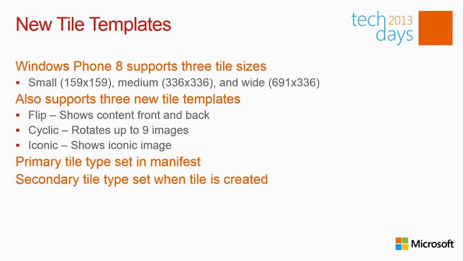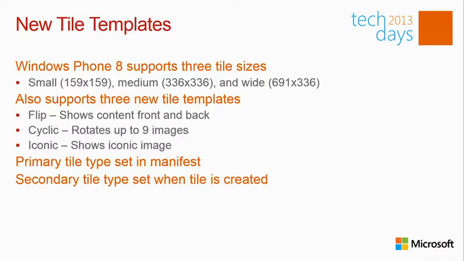Now, if you want to use one of these tile types for your app's primary tile, the one that's created when the app is installed, then you specify which of these 3 tile types you want in the manifest. You still have the option of creating secondary tiles in a Windows Phone 8 app, just like you did in version 7. And since you're programmatically creating those, you can also choose at creation time which of these three tile templates to use. Now, the 3 tile templates that they give you now are the flip tile, the cyclic tile,